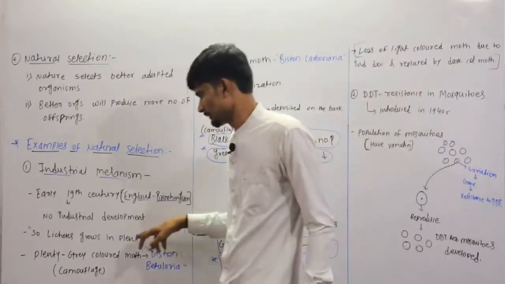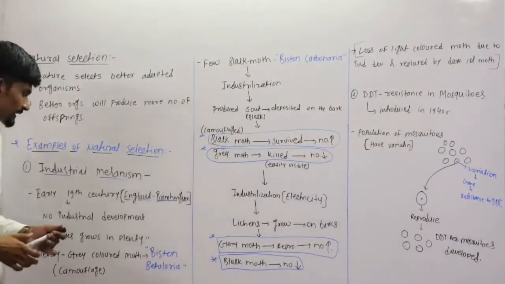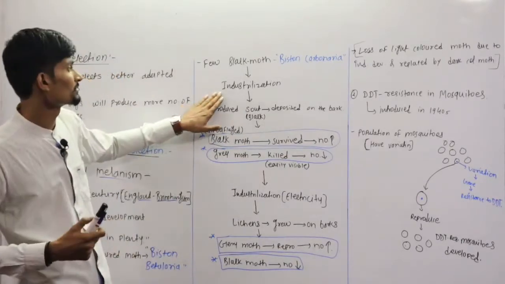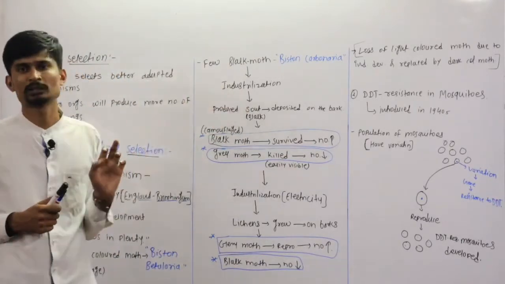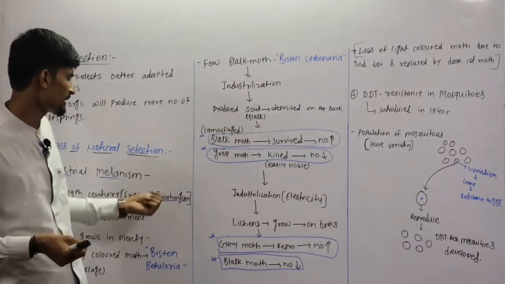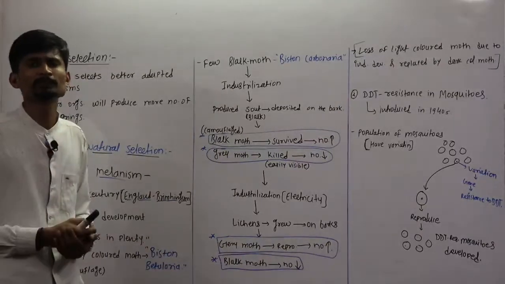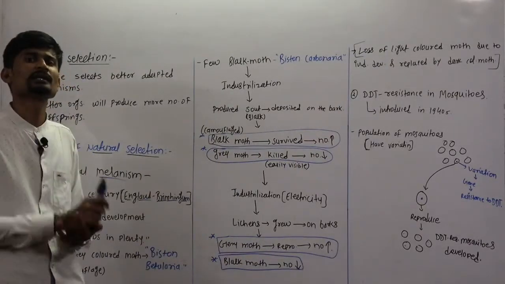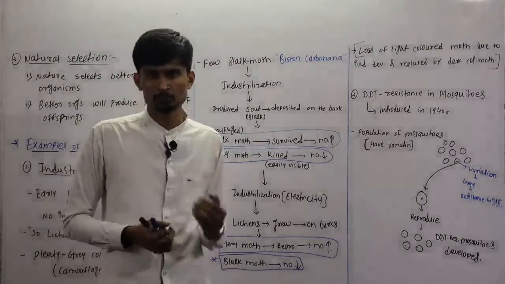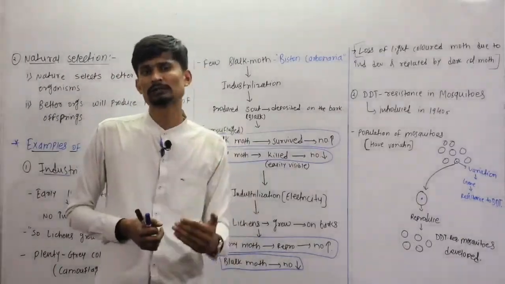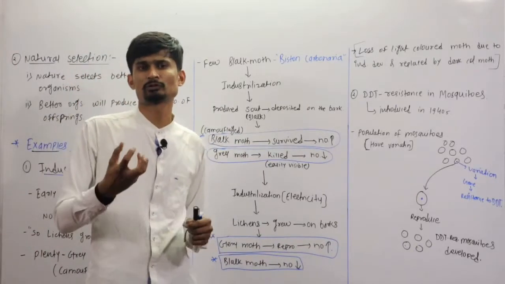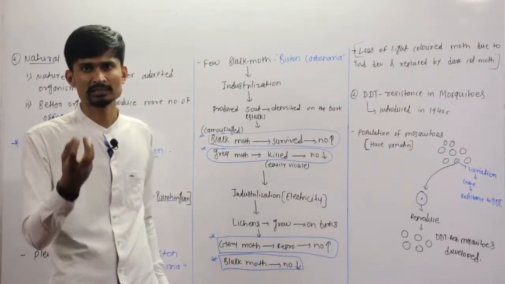So that was the early 19th century. But what happened in the late century? Industrial development occurred in England in that particular region, Birmingham. Now what happened due to the industrialization? The industries used energy from coal, and due to the coal energy, there was a release of a large amount of black colored soot, that is, smoke.